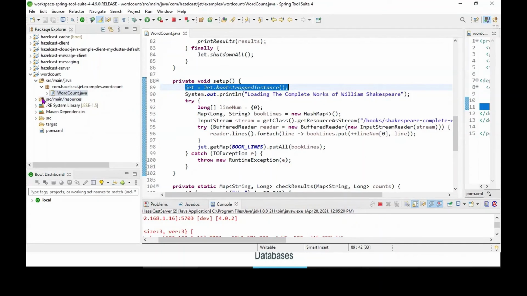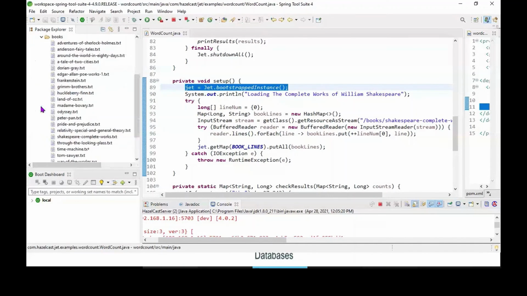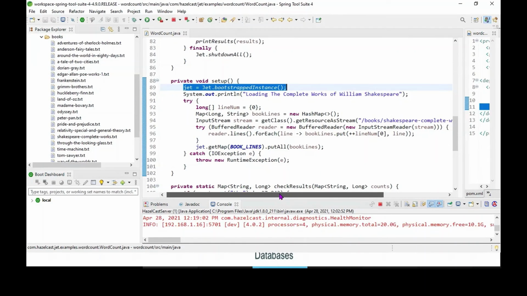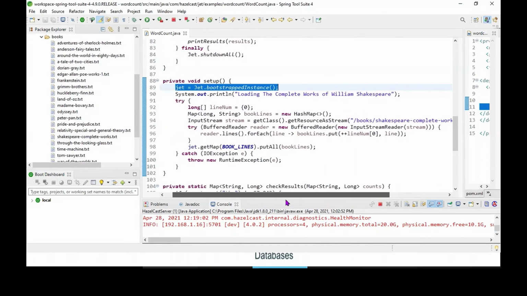And what I'm going to do is I have some information source here. Rather than going to other cloud sources, we have a set of books which is in the form of text. But you have to assume in real time it could be any database. It might be Cassandra, or any NoSQL database, or it might be from MongoDB. So any information source. So here we have specified the folder book slash,